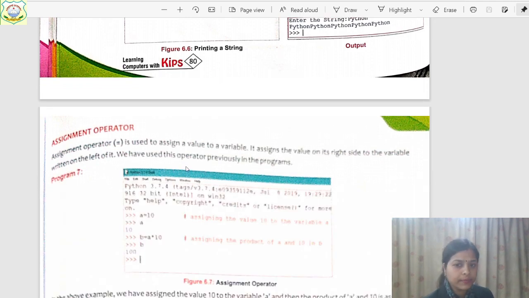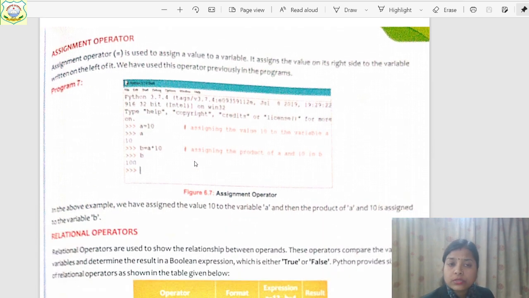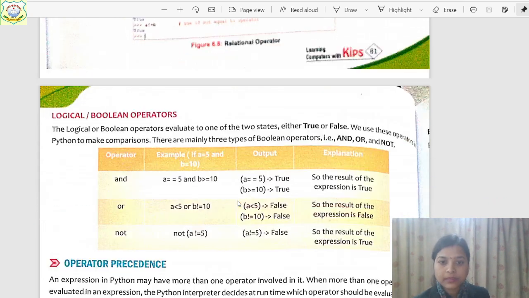Assignment operator is for giving a value to a variable. Like if you want a is equal to 10, then 10 will be assigned to the variable a. So this is the assignment operator. And for checking equality, we use the double equal to sign. Remember this, children. Then these all are relational operators. They relate the variables or the operands, like less than, greater than, equal to, not equal to. So see, for equal to you have to use double equal to sign. See the programming and do it.